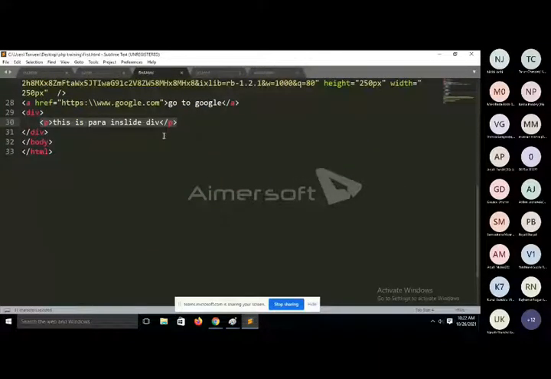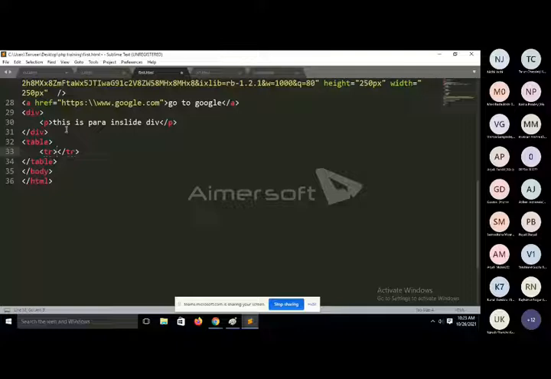Fine. I just want to print a table. So if you want to display a table, then you will use which tag? Table tag. Basically, a table is a collection of rows and columns. So inside the table tag, if we want to draw a row, then we will use the tr tag. Tr stands for table row. So inside the table tag, if we want to use a row, then we will use the tr tag.